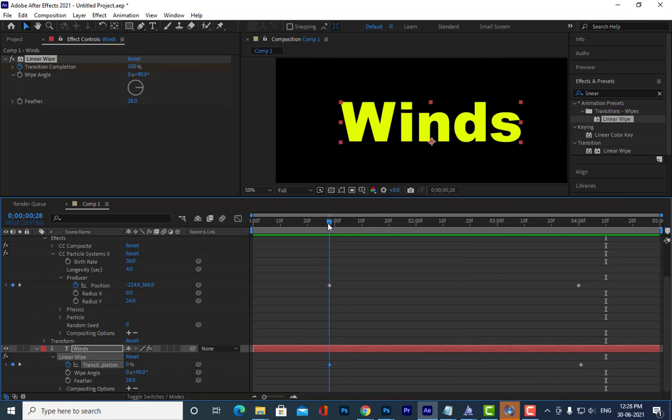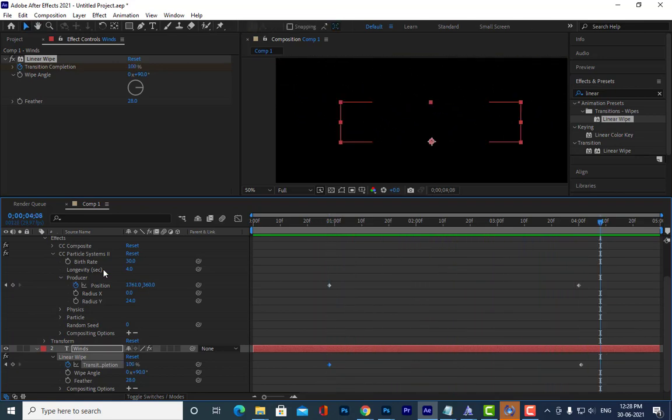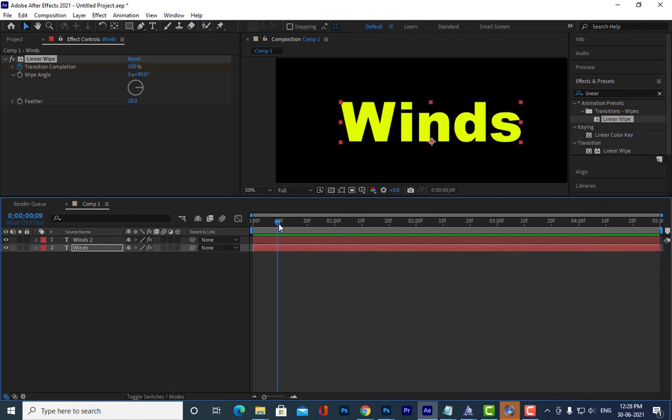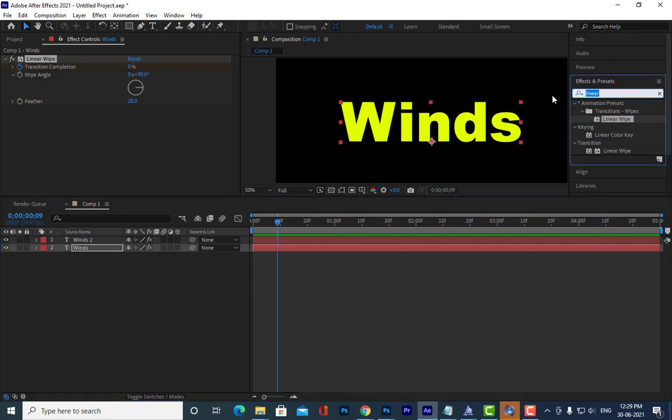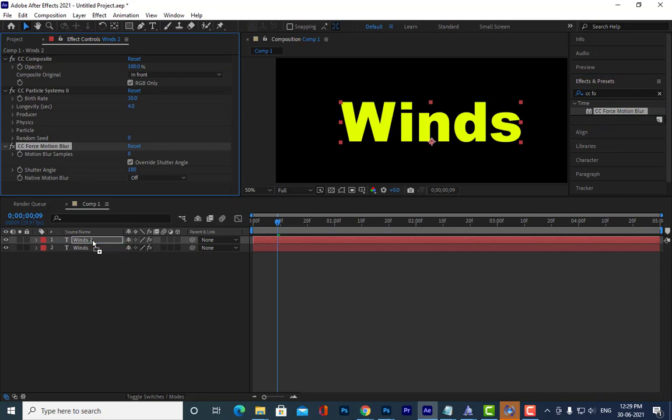And now to make it more interesting, what we are going to do is add some motion blur to this. Okay, so what is a motion blur? We will apply motion blur to this. This is a very heavy one, CC Force Motion Blur. Then to which one are we going to apply? We are going to apply to this first one. Okay, so the motion blur means it will give it some